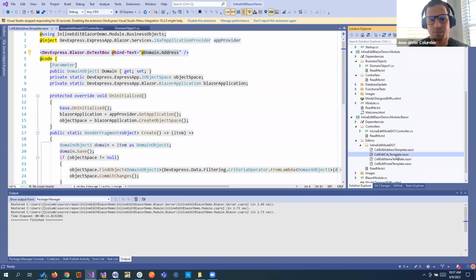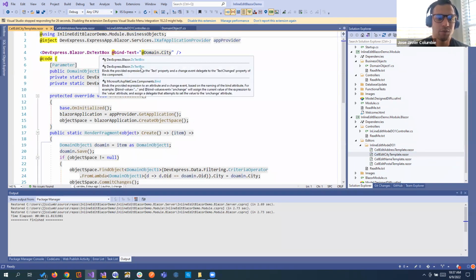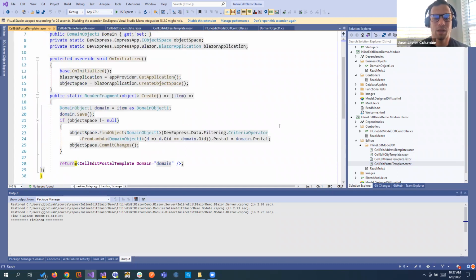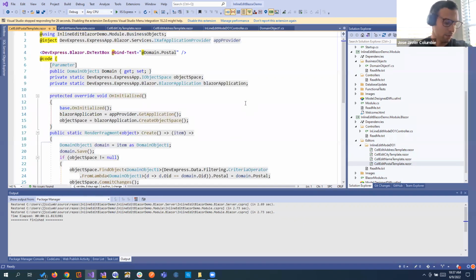If we go to the city, same implementation for the text box. So I think this doesn't have to be a different one. But you see right here, we can do anything that we need. We can add a calendar control. We can add a Boolean control. So we basically only have to inject what is the type of control on that template for that grid. Now, if we run this,